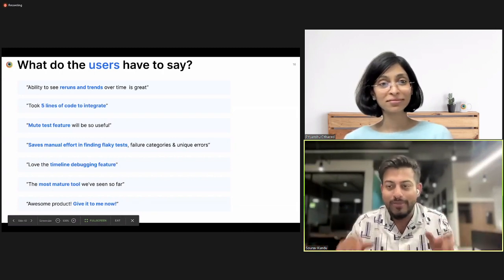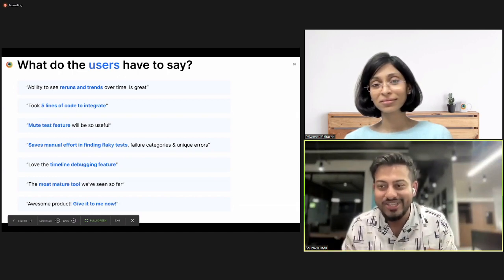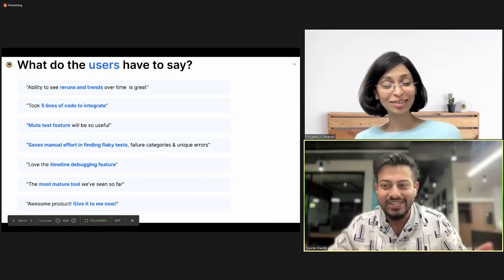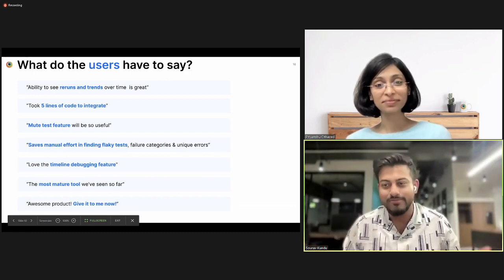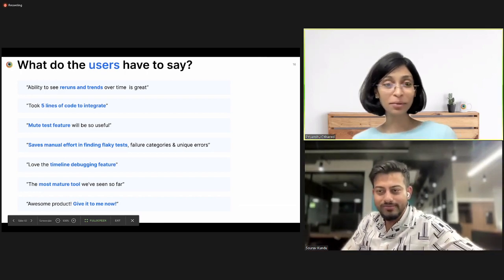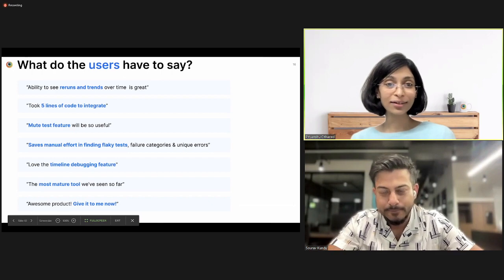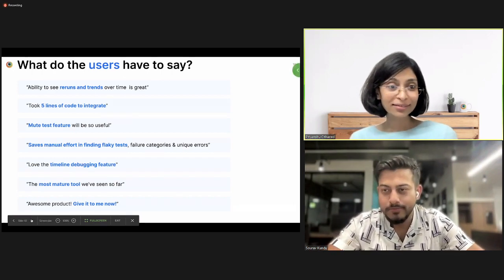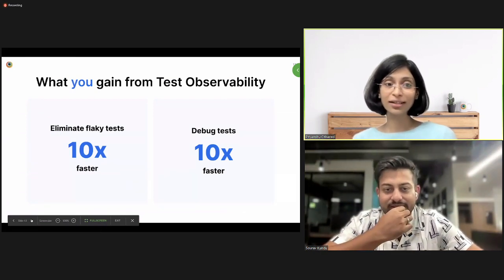And mind you, when they're giving this feedback, at the same time they're giving us 2 more feature requests, which is good, right? So it's a positive validation that we are solving those problems, and hence they're asking for more, and we are doing those for them. That's solid feedback, yes, definitely. And this is what everyone can also gain from test observability. And you can make your tests more reliable continuously.